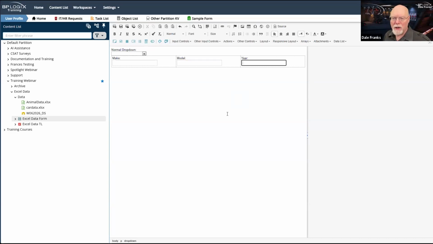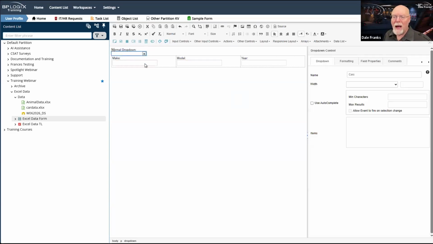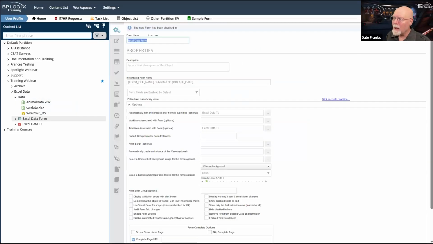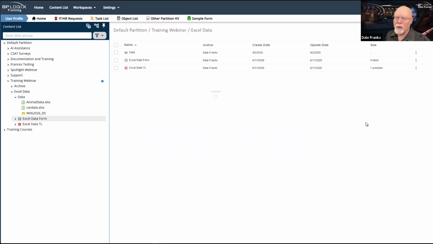So I'm going to do a fill dropdowns, and then I'm going to need to do a set form data, and I'm going to need business values that make both of those things happen. So we will save and close our form because that's all we can do right now. And we'll hit OK to be sure that the form is totally saved.